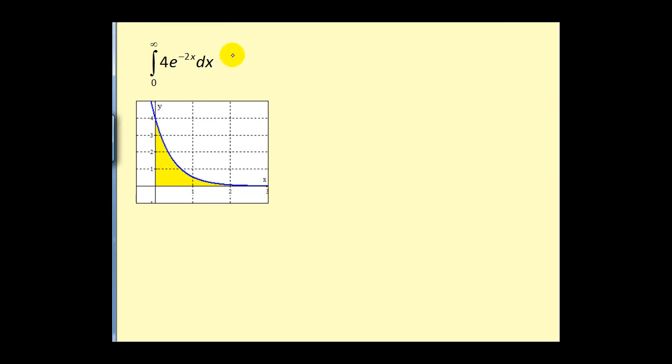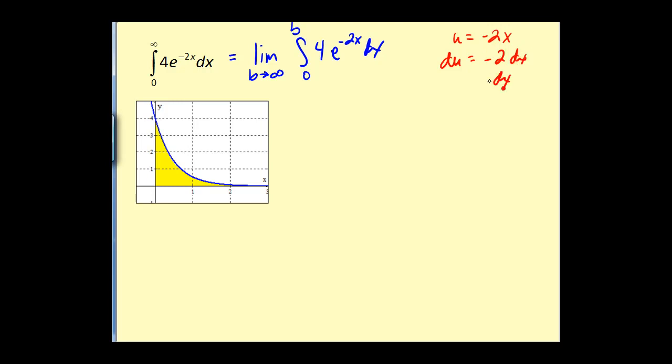Let's rewrite this as a limit. Now we'll evaluate the integral. Now on this one we do have to perform u substitution. u is equal to negative 2x, so du equals negative 2 dx. dx is equal to du divided by negative 2. So we'd have the limit of the integral of 4 times e to the u, but then dx is equal to du